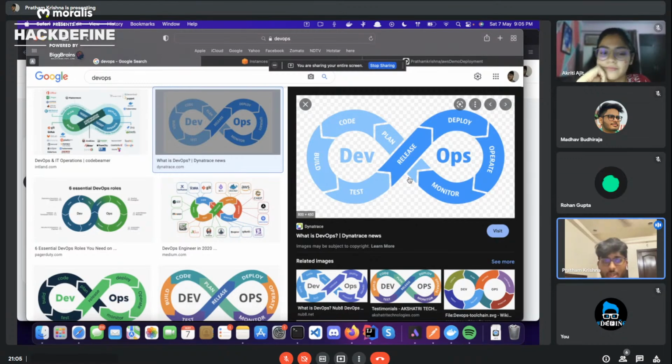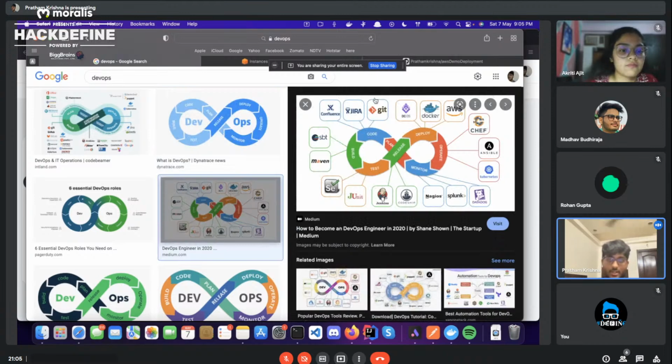Now, coming to the tools that DevOps engineers usually work with, and most of us have worked with them. Git being one of them. One of the most common UIs I use for Git is GitHub or GitLab. Apart from that, if you're a Java developer, you might have worked with Maven. If you work with testing, you would have used Selenium and JUnit. There are a lot of tools on the deployment side: Docker, AWS, Azure, Google Cloud, tons of things. These are a few things a DevOps engineer works with.